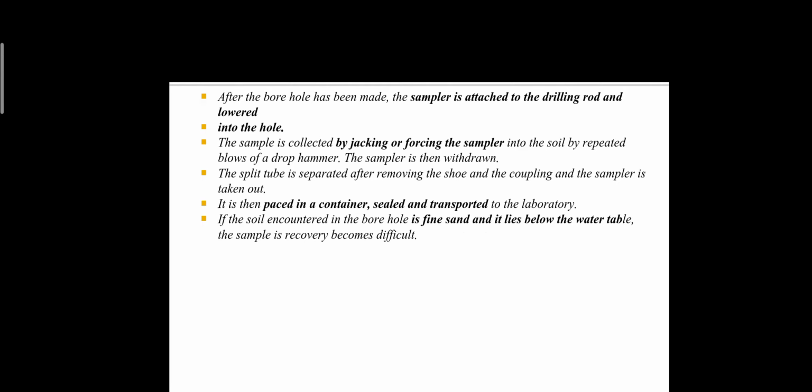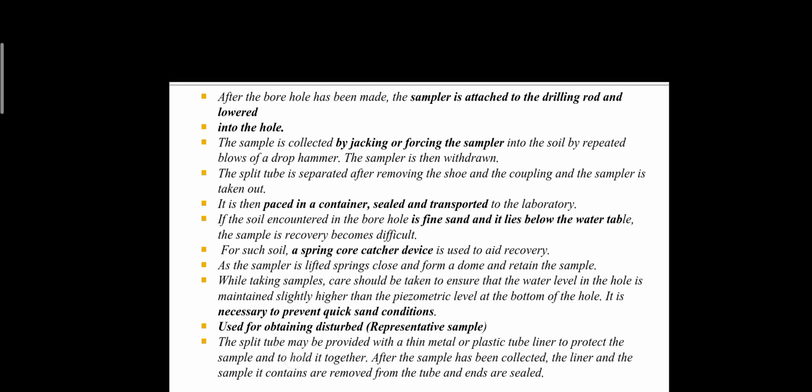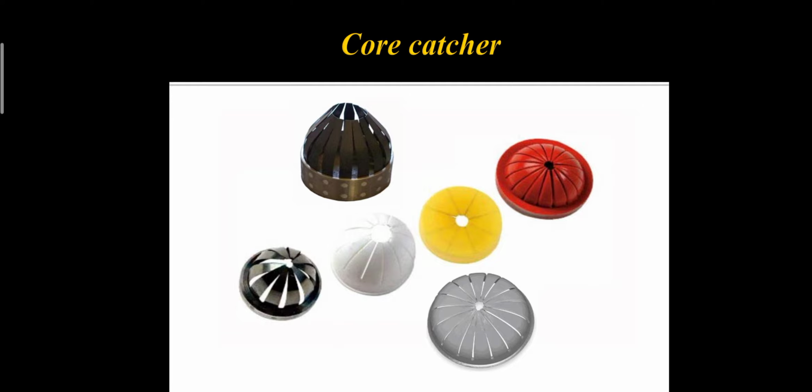If the sample contains sand inside it, and if it is below the water table, then we need some special kind of sampler which is attached to the split tube, and that is called spring core catcher device. Now what is spring core catcher? We can see it. This is a split spoon sampler with the sample inside. You can see the sample inside it. அது அப்படியே glass coatings ஏதாவது கொடுத்து glass cover வச்சு wrap பண்ணி it will be taken to the laboratory. These are spring core catchers.